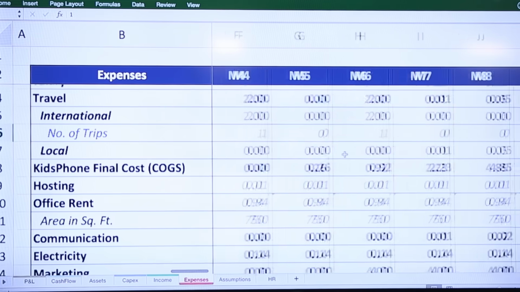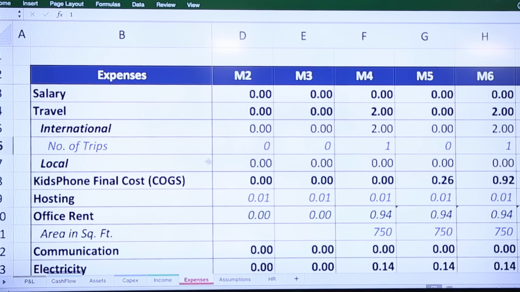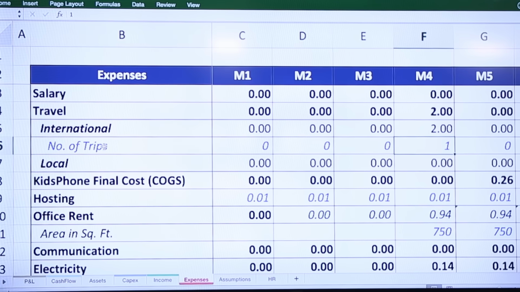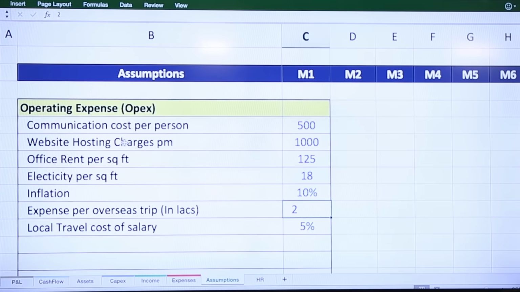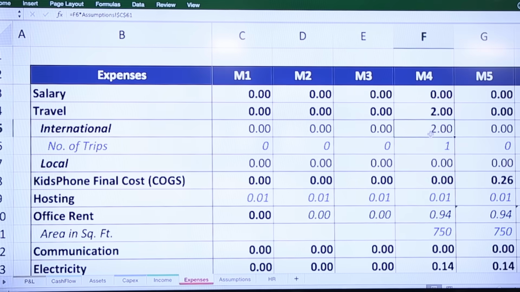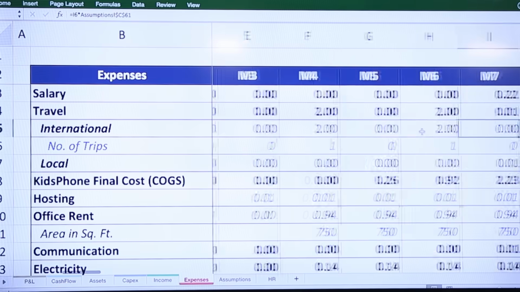So, you see this, the moment I put 1, my international trip cost goes to 2 lakh rupees here. Where does this 2 lakh come from? In the assumption I had put 2 lakh, multiplied by the number of trips, so 2 lakh comes here. If 2 trips are expected in the same month and I put 2 here, it will become 4. If I put 2 here, then it becomes 4 lakh there. Clear? Or let's say if 2 are traveling, then I'll put 2 here. Right? So, okay, now,